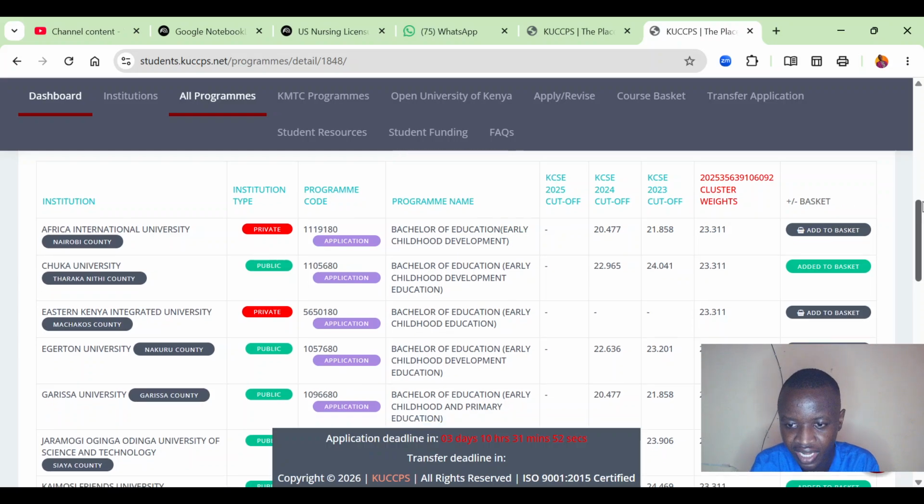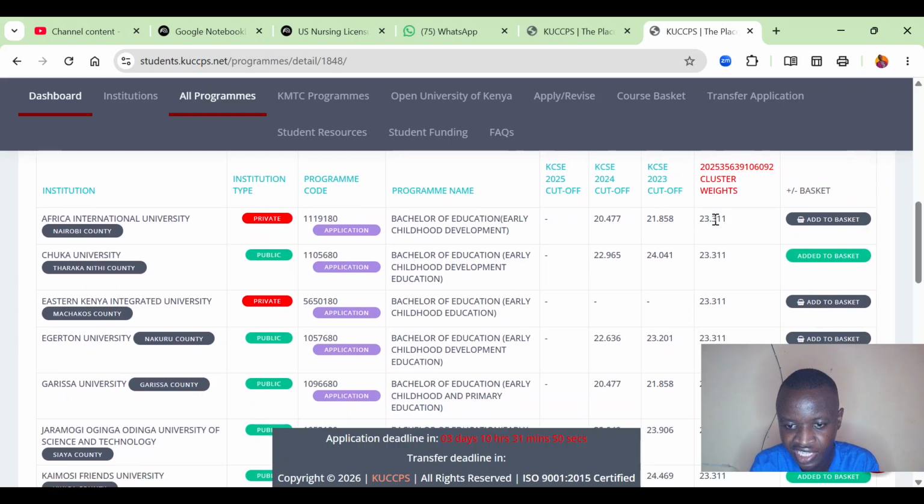So if you can try come and see the cluster weights, it weighs 23.3. Okay, so it means if you get courses that are lower than this, there's always a higher chance of securing this spot. So if you can try see for Chuka University, we are trying to focus on public universities. That's her interest. She didn't want to go for private ones, okay? So if you can try see Chuka University with 24, 22, so likelihood of getting it, it's a bit lower,